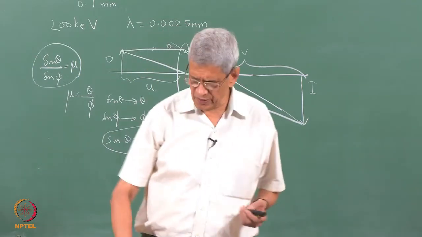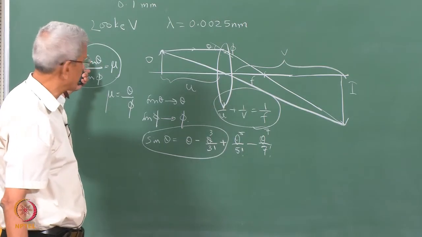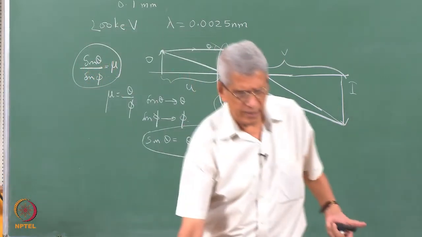But when the lens has a finite dimension, and the angle which the ray subtends with the lens surface is not very small, in such cases we have to use this particular formula, and if we use that,